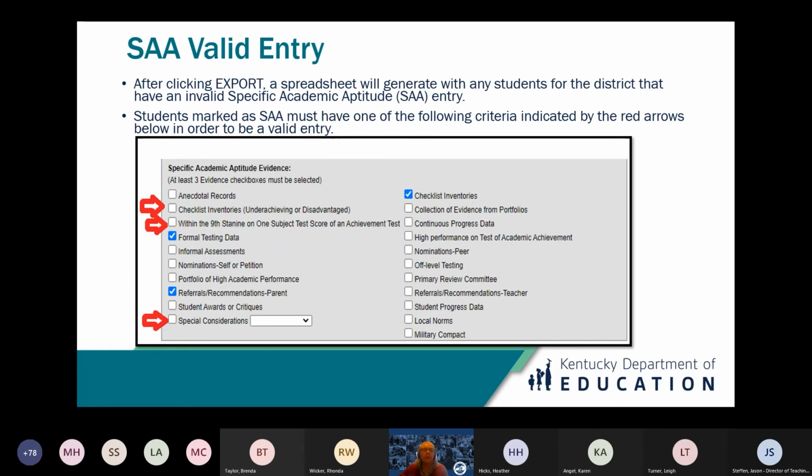After you click export, a spreadsheet's going to generate with any students for the district that have invalid specific academic aptitude entry. Students marked as SAA must have one of the following criteria indicated by the red arrows below in order to be a valid entry. So again, the student's got formal testing data, referrals, recommendations, parents, and a checklist of inventories. As you can see, the 9th STAY-9 is not checked. So again, you want